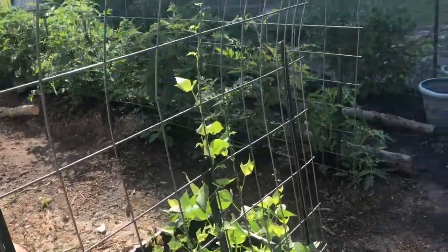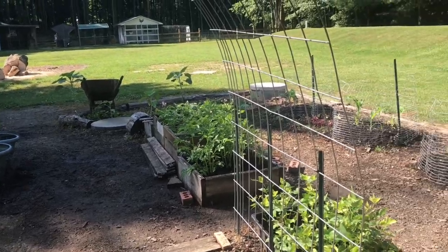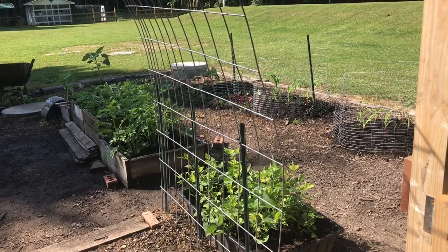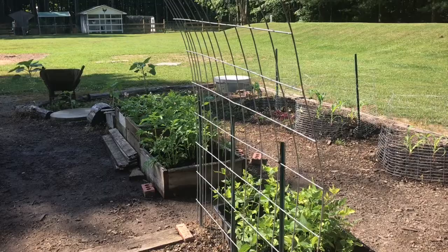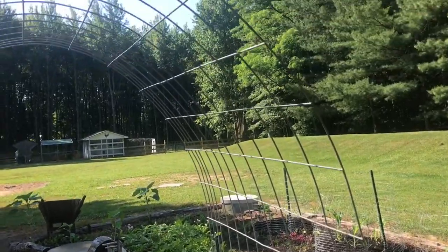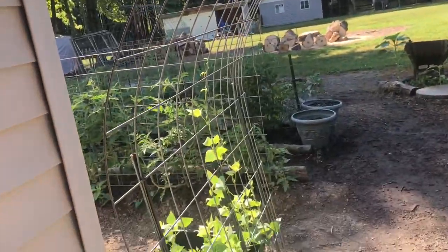Good morning. I'm going to show you the entrance here to my garden. I haven't weeded much in the last week or so. We've been really busy trying to get the barn floor ready for concrete pour, but this is the progress my garden has made. Now these green beans will grow up this cattle panel trellis that we have here at the